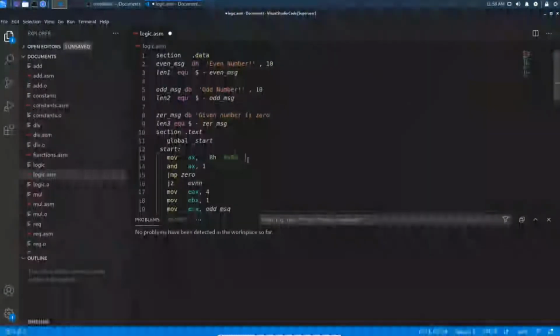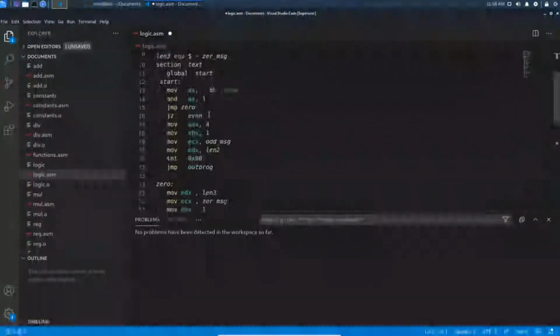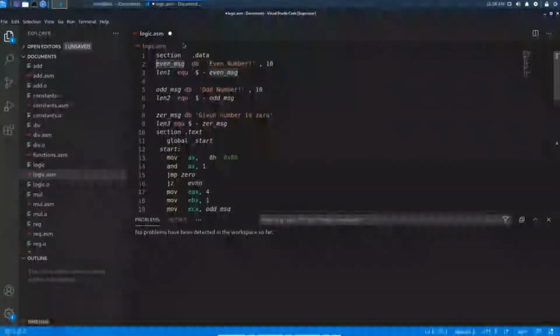In this program I take three variables: even message, odd message and zero message. If the number is even, then the even message will get printed. If it is odd, then the odd message will get printed. And if the given number is 0, then "given number is 0" will get printed.